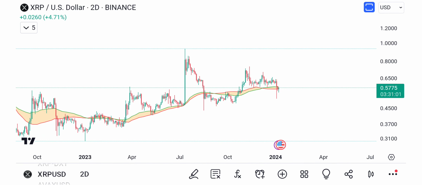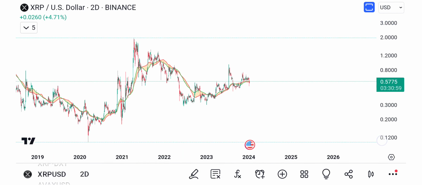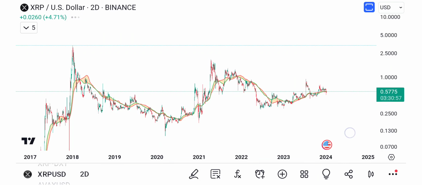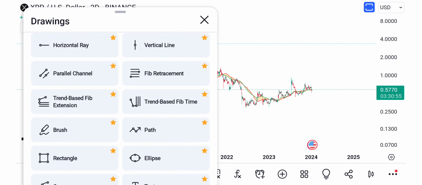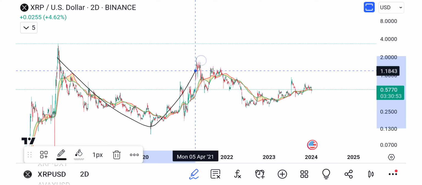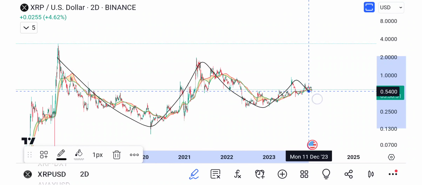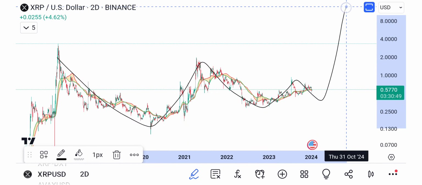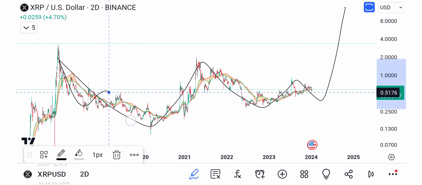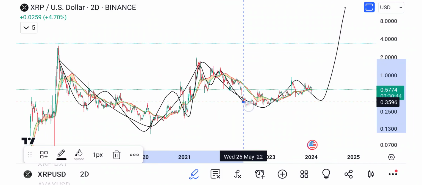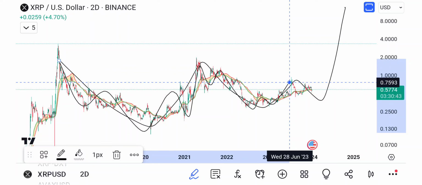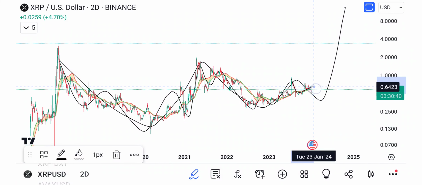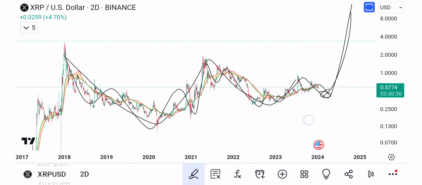Again, this could be the contracting triangle that I think it is, something like we have an A, B, C, D, and now we're getting E, and then we go to the moon. So 1, 2, 3, 1, 2, 3, 1, 2, 3, and now we're getting 1, 2, and then we've got to come down for 3, come right around here, and then go, right?